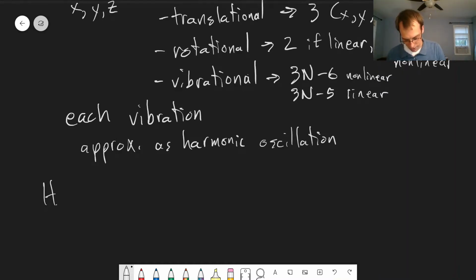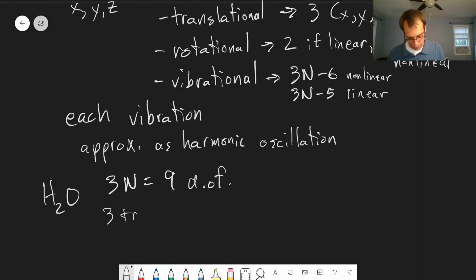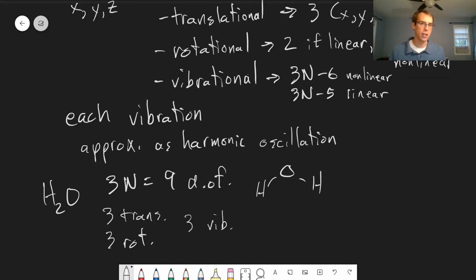My favorite example to always look at is water. So we have 3 times n. N is equal to 3, so we have 9 degrees of freedom. There are 3 translational, 3 rotational, since water is not linear. That means there are 3 vibrational degrees of freedom, and there are 3 different vibrations of water that we can observe. It doesn't tell you what these vibrations are going to be,